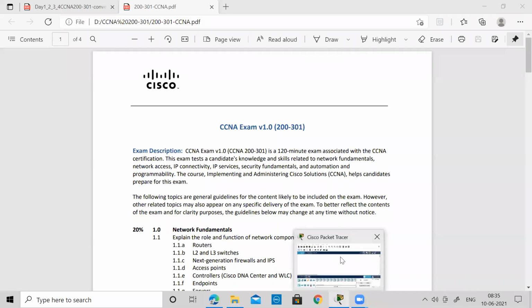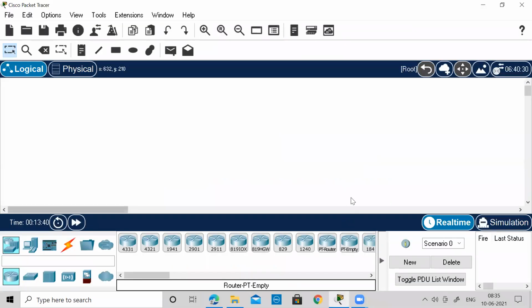We have understood, at least we know the names of the devices now, that there are routers, there are switches, there are hubs, there are wireless devices, firewalls, wireless controllers. So these are all our network devices. And we also saw our end devices, which we, as a user, use to connect to the application, like your computers, laptops, smartphones. So they are all end devices.